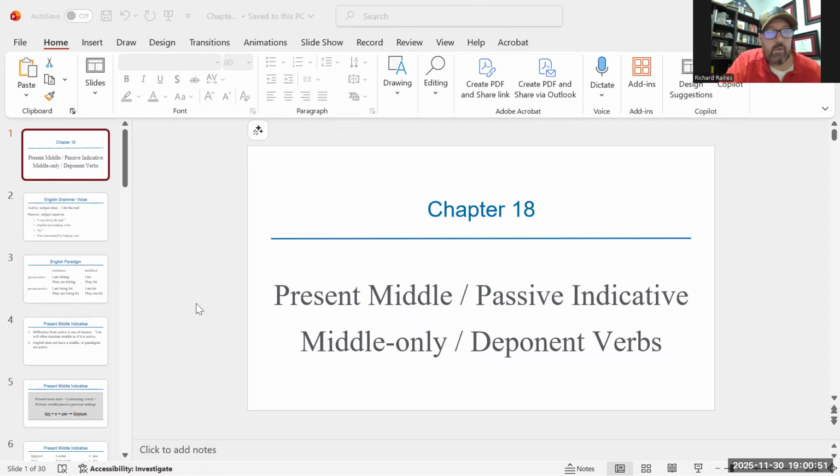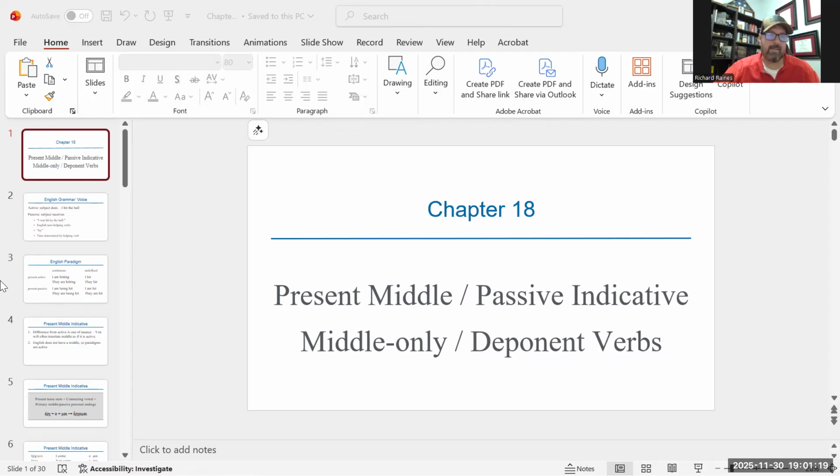All right, students, we are looking at chapter 18 now. We're going to cover present, middle, and passive indicative verbs, middle only and deponent verbs, and we'll talk about some of the contract verbs that appear in the present, middle, or passive indicative. So up to this point, you've learned present active indicative, and so now we're going to move on to present,